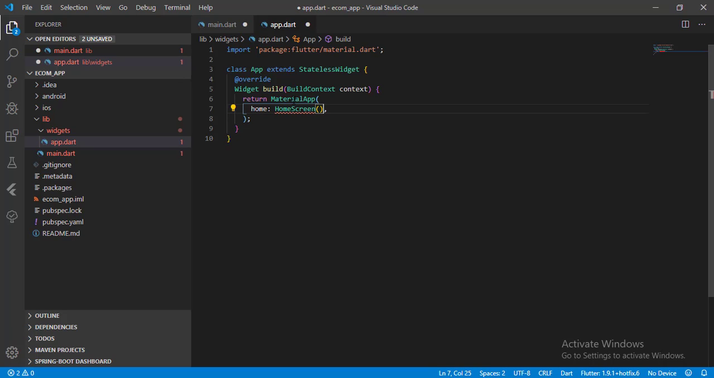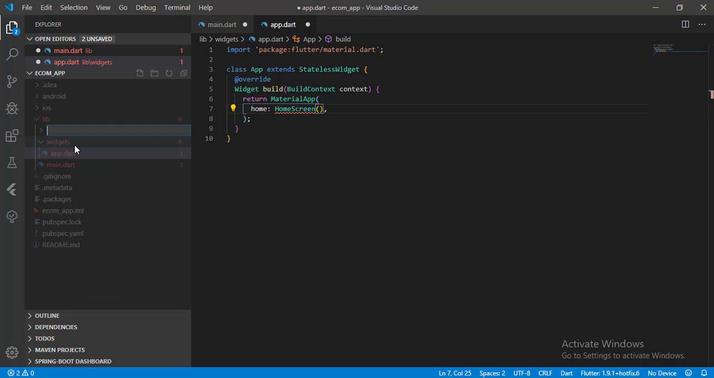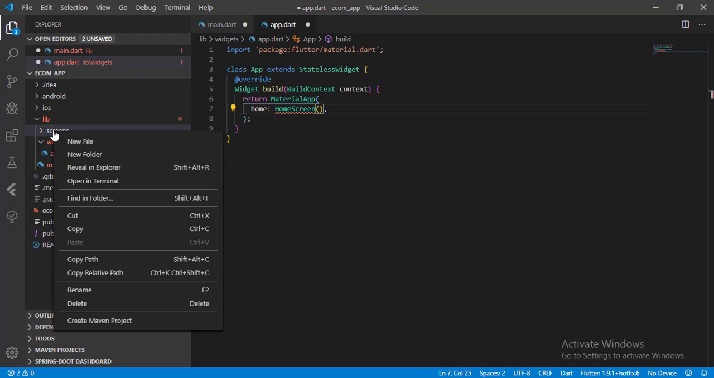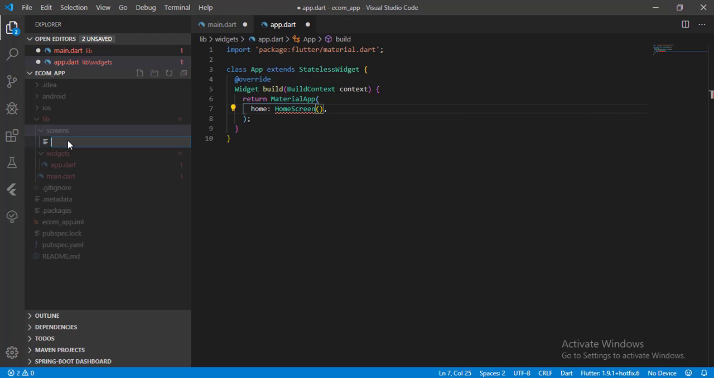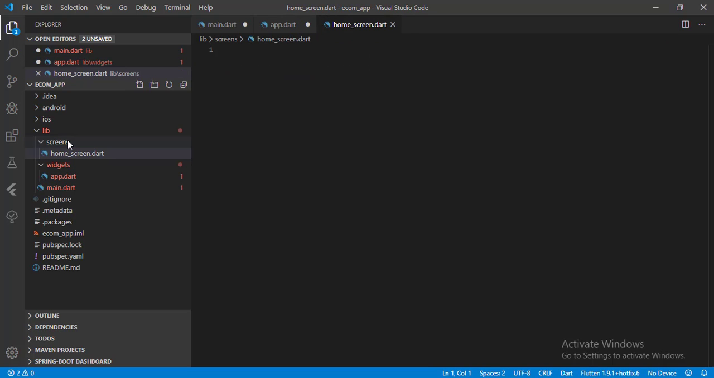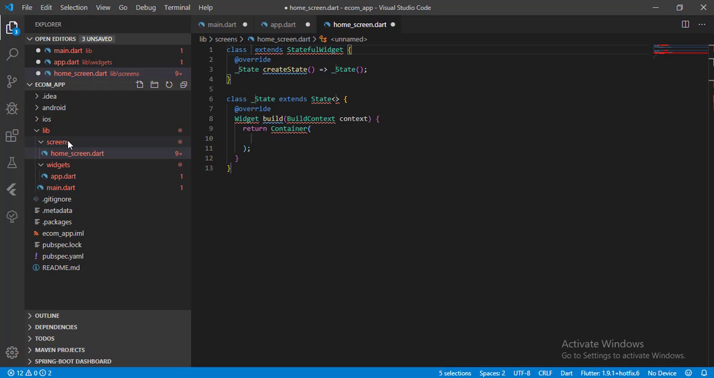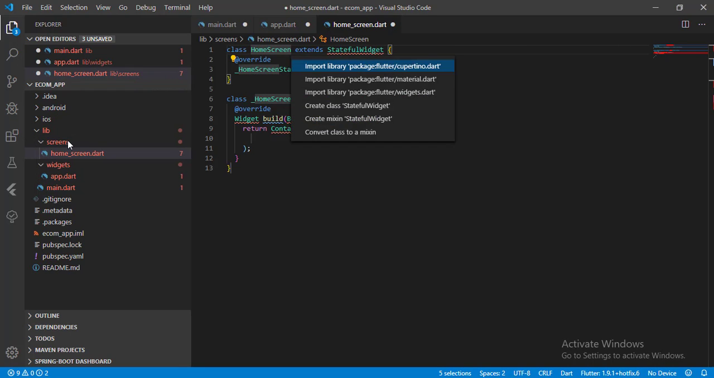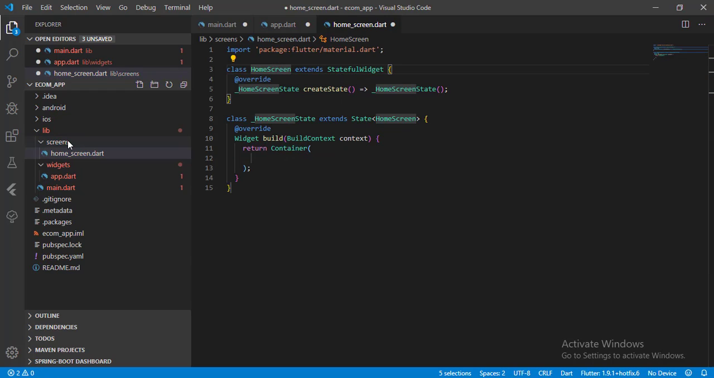Now let's add one more directory in lib directory. Name the directory screens, add one file in screens directory, and name the file home_screen.dart. Add a stateful widget here, name the widget home screen, import the namespace of stateful widget, return scaffold widget,